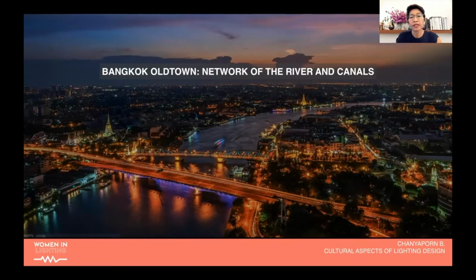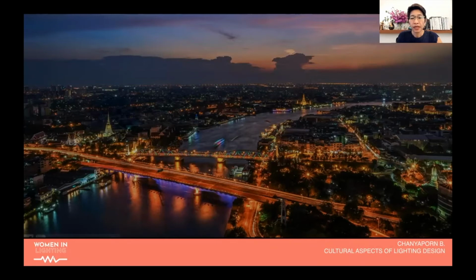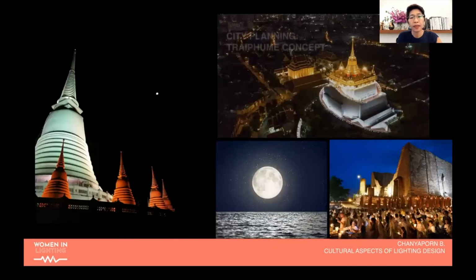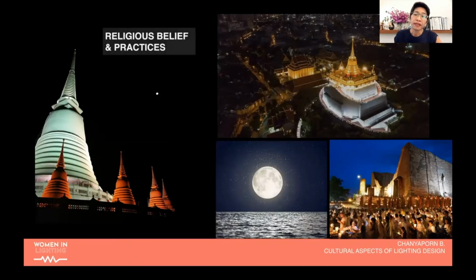There is a lack of visual hierarchy, there's no coherence. So, apart from highlighting the intersection between the rivers and canals, we're also looking at the original ideas of city planning. We find that many main cities in Southeast Asia, not only Thailand, use this concept of city planning, Tripum. It helps us to establish visual hierarchy, but that's not enough because it's not distinctive to Thailand. So we find other layers to give a little bit more unique character to our lighting proposals.